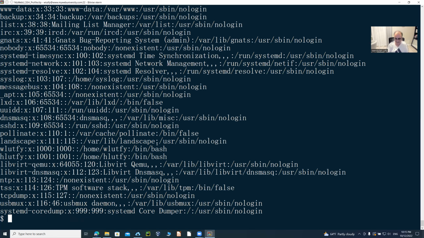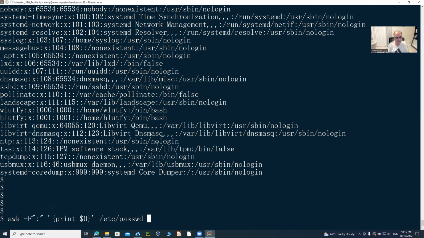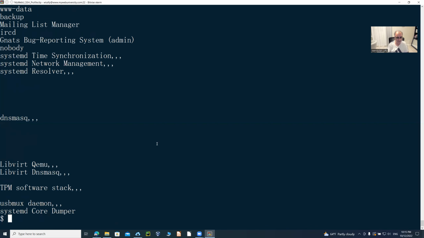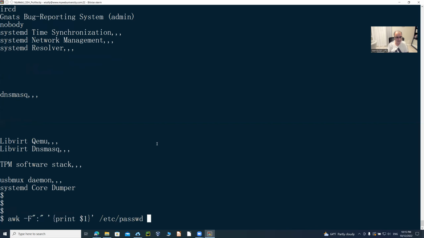If I want to just print, let's say the first one is the user ID, so I'm going to say print $1. You can see all the $1 is there. If $5 is the shell, let's see which one is the shell. So I could do this command here and say, okay, this is field 1, 2, 3, 4, 5,